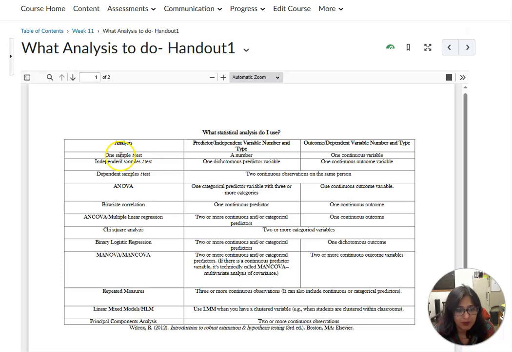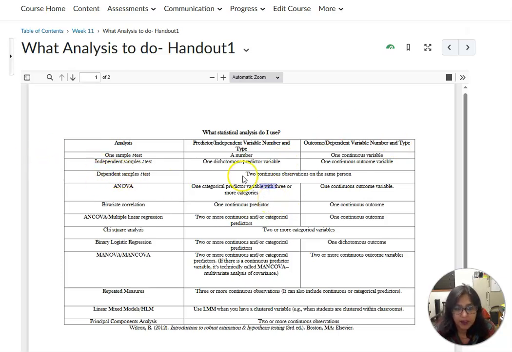If you have one sample, then looking at the type of variables or type of the data that you have. Okay, I'm going to help you through this. Please don't worry about it, but I'm giving you this once you start knowing a little bit more. If you have an independent sample, you'll have a dichotomous variable, right? Because it's 2 groups. There'll be a 0 group and a 1 group, or a 1 or a 2 group. It depends, but it's a dichotomous one. But if you have an ANOVA, you will have 3 or more categories or 3 or more groups. So that's what it is actually telling you.